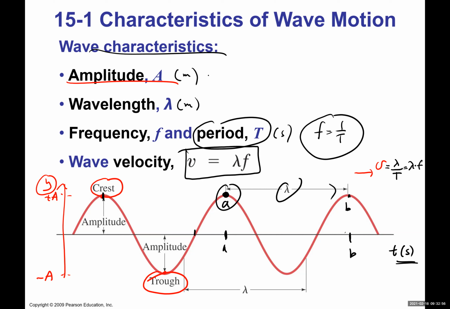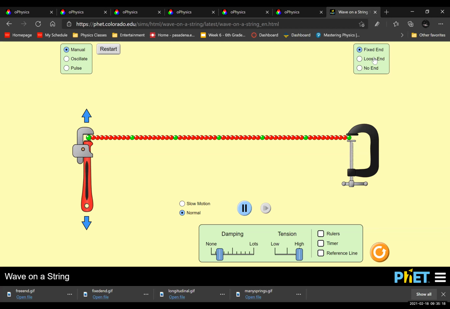This is true for any type of wave: traveling wave, standing wave, transverse wave, longitudinal wave, mechanical wave, light wave, electromagnetic wave, right? Doesn't matter. These five quantities you can find the same way for any type of wave. All right, so here I want to demonstrate how we can generate a pulse,